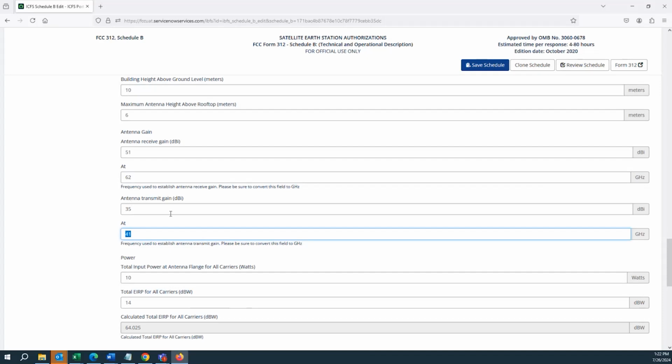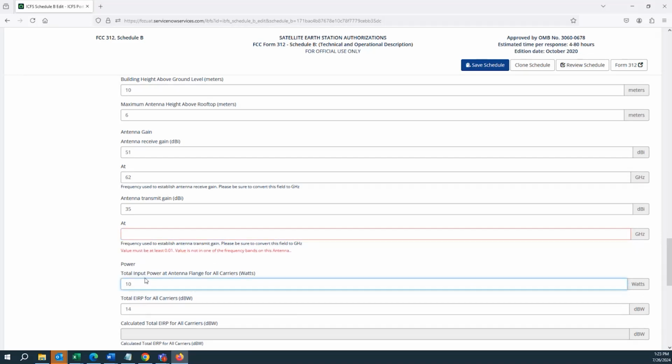This is one of the sections you'll only have to fill out if you select one of the transmit types. If you're filling out an application for a receive only station, you won't have to supply this information. And similarly with this section right here as well. And this is where you specify the antenna power.